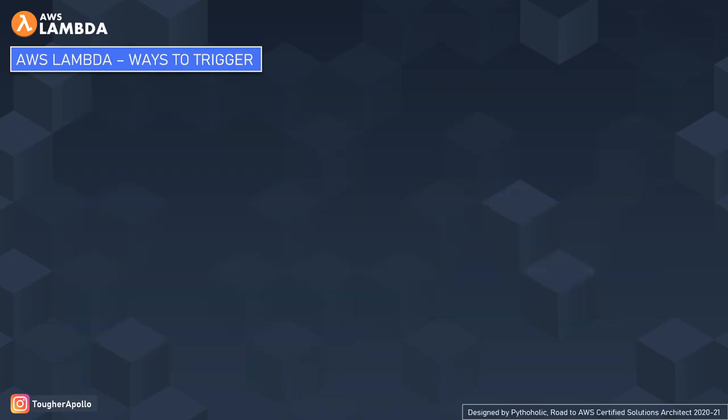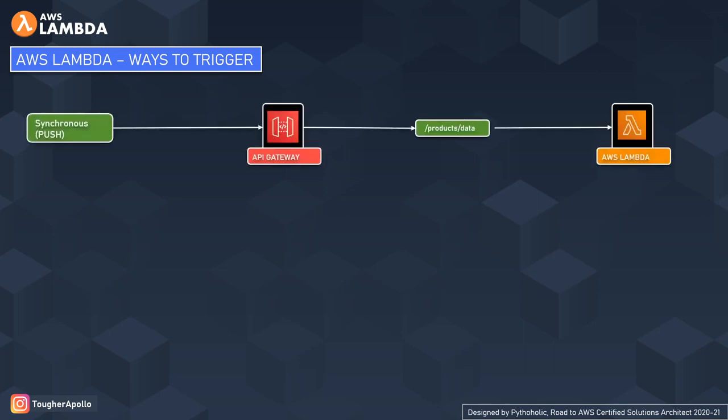Let's move on. So now let's understand the three trigger points that we already discussed carefully one by one. The first one is the synchronous push, where we use the API Gateway and trigger an API that is product/data, and it executes the code present at Lambda. So this is a synchronous call or a synchronous push. When you summon the API by sending an HTTP request, you get the response,